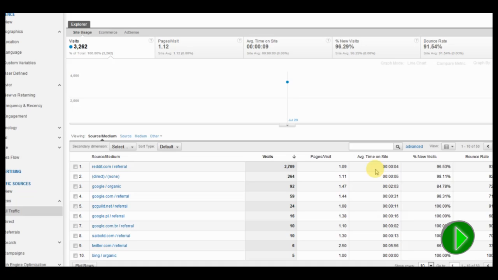And based on that information, you'll see something like the average time on your site is unfortunately incredibly low, and that's not really useful information to you in the long run. However, if you see stuff below it, like you get Google Organics, that means people are searching and hitting keywords and coming to your site. And then further down, I can see people from Twitter are being referred to the site, and that's showing me that there are a certain amount of people coming from Twitter back to my site.